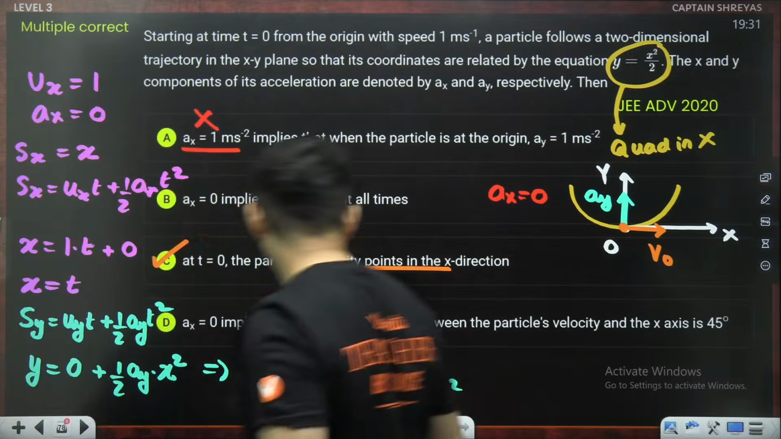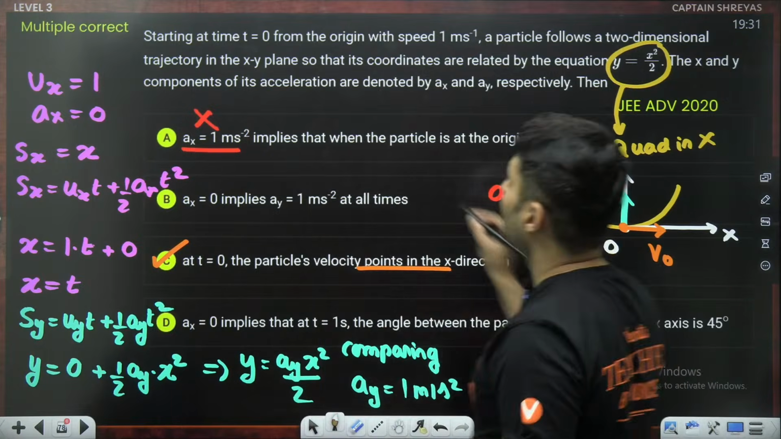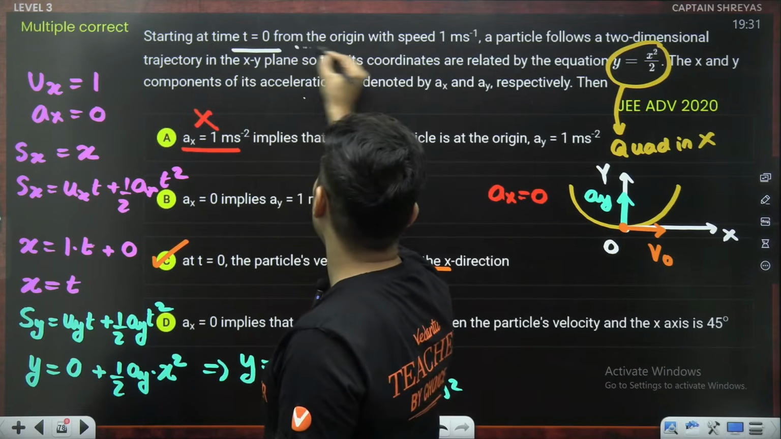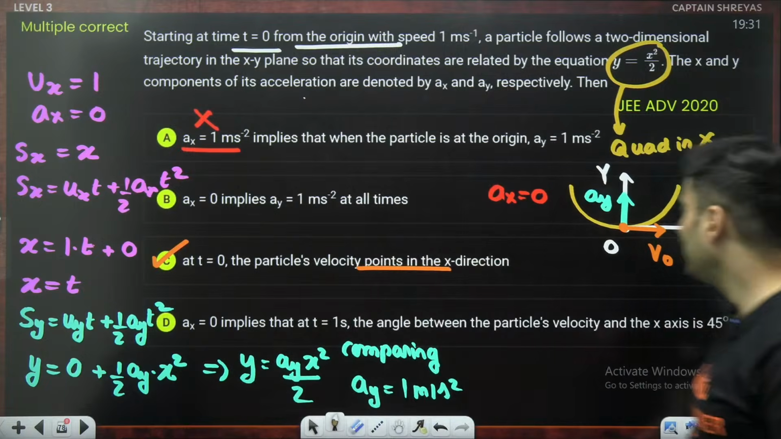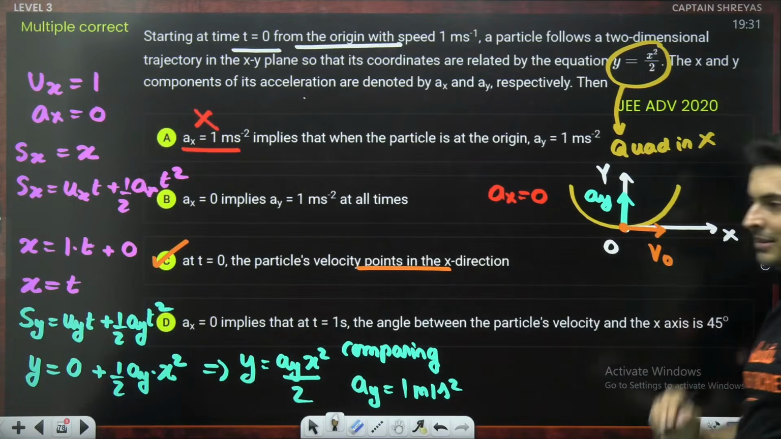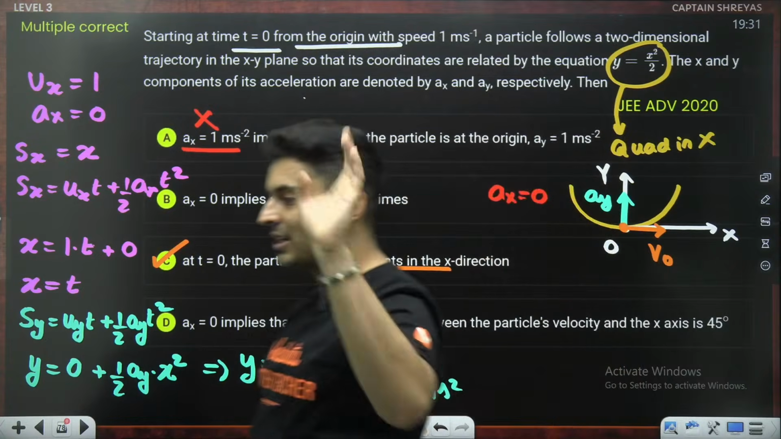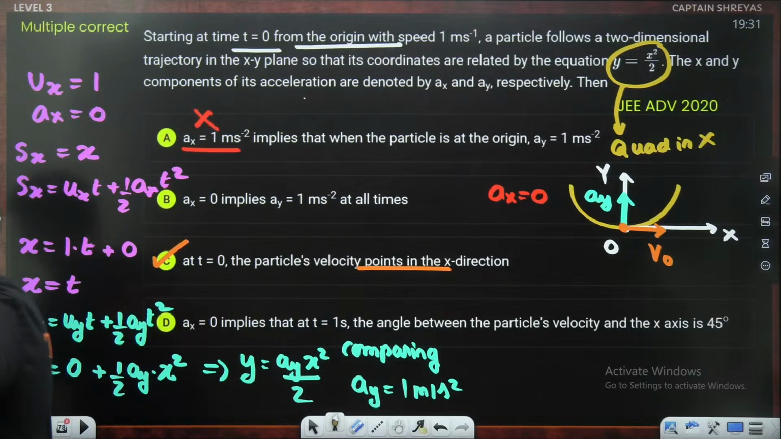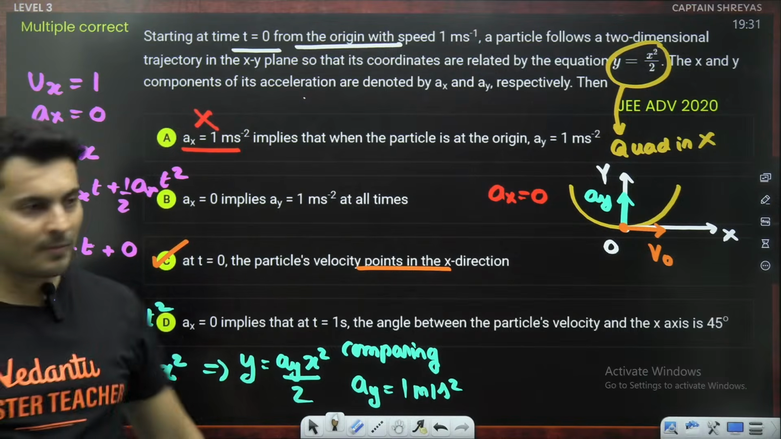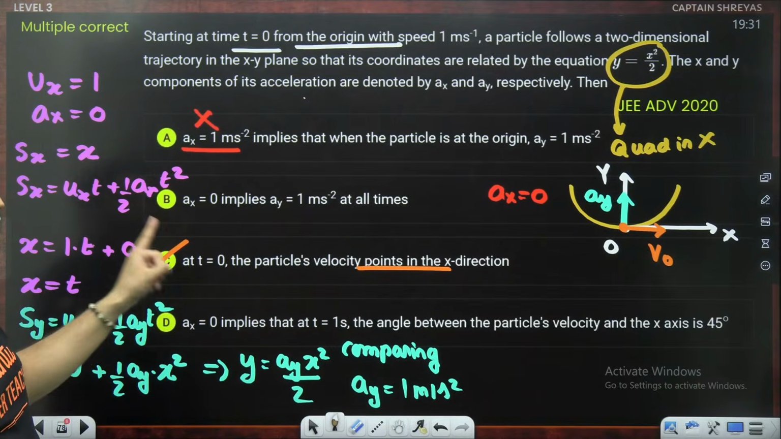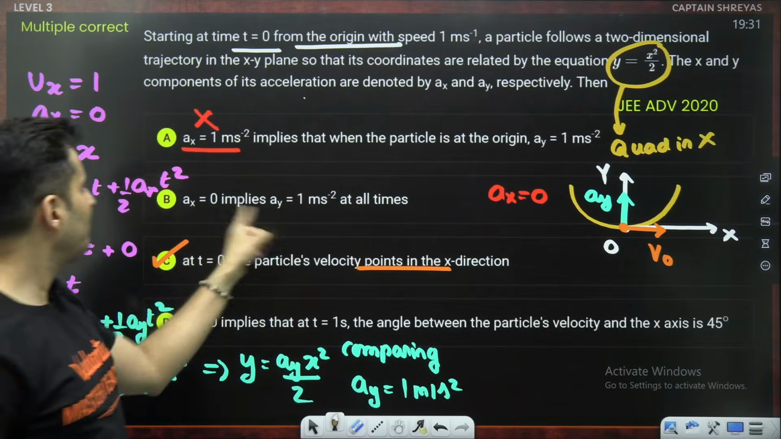It is mentioned right over here. T is equal to 0 from the origin. That's how I know. And if you put x as 0, y will be 0. That's how I know it is there. Understood? Awesome. Now that I have got it, ay is equal to 1 meters per second square, implies ay is